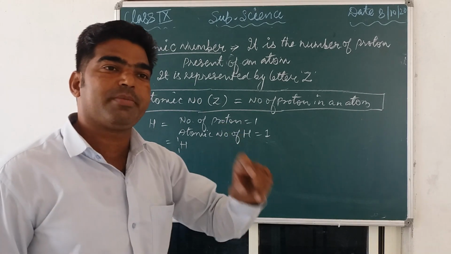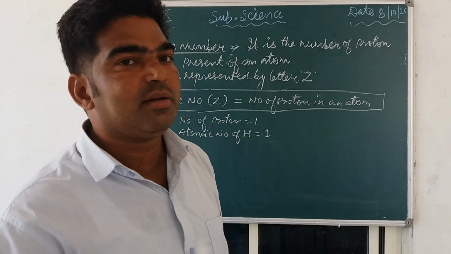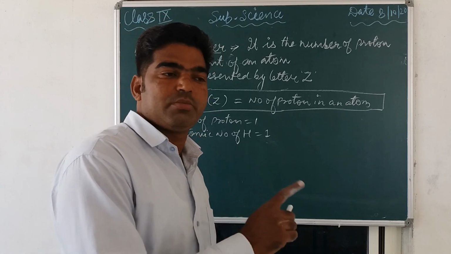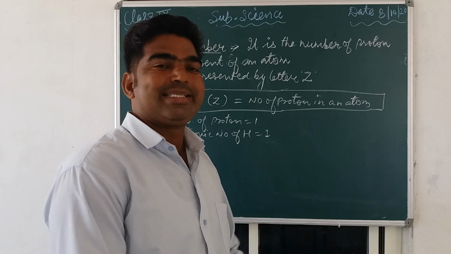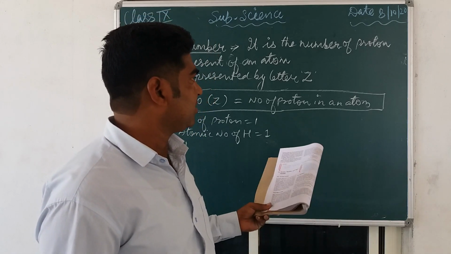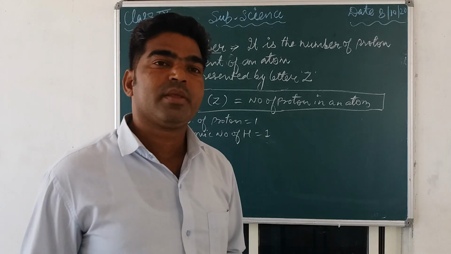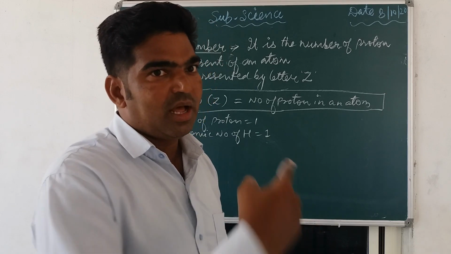That an exception, only hydrogen is such that inside it there is one proton and one electron, and there is no neutron inside it. Only this is the exception. This question may be asked in the exam. Many times in previous exams, the question was asked to name the element which does not have a neutron in its nucleus. So that is hydrogen.